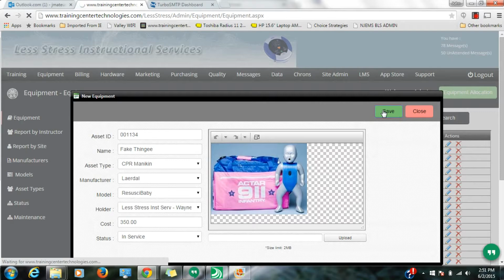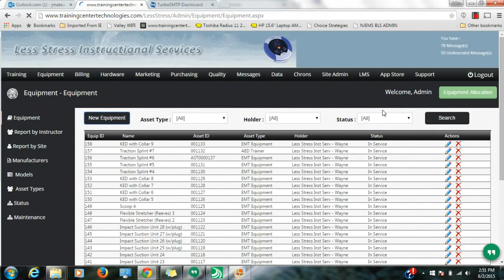It's going to send the picture up. Takes a second or two. And now fake thingy will come up on the list, probably with equipment ID 159 or something like that. Yeah, there you go. See that guy here? Okay, so when you open this the next time,